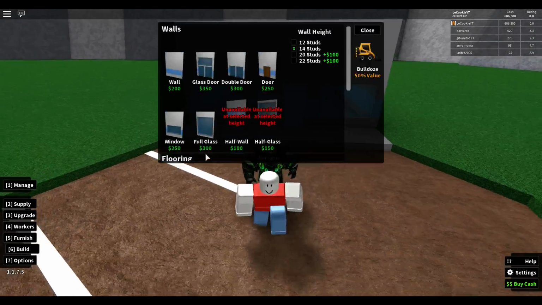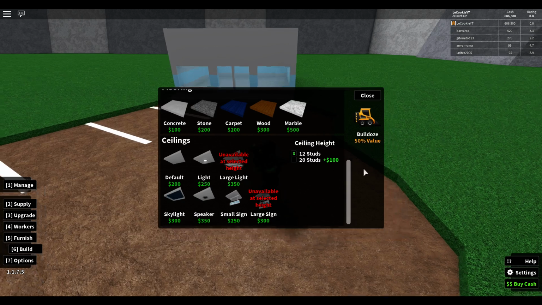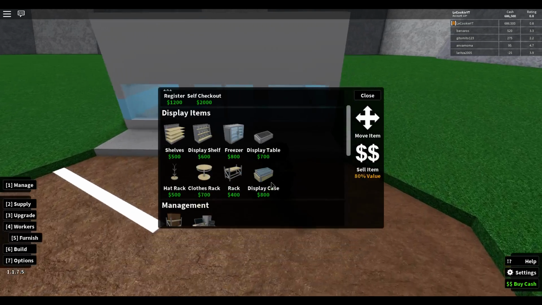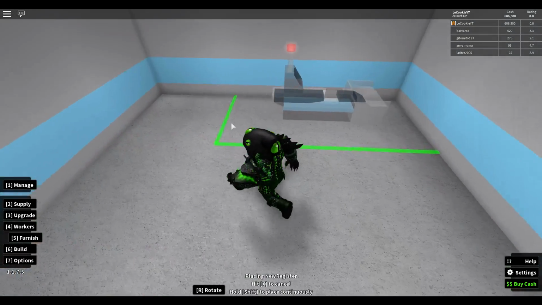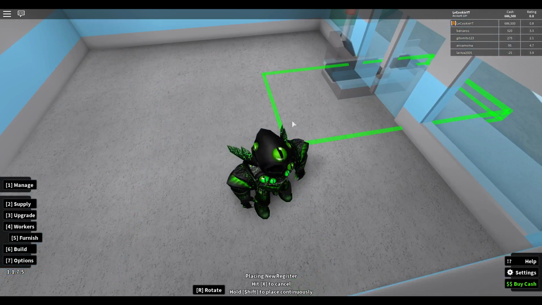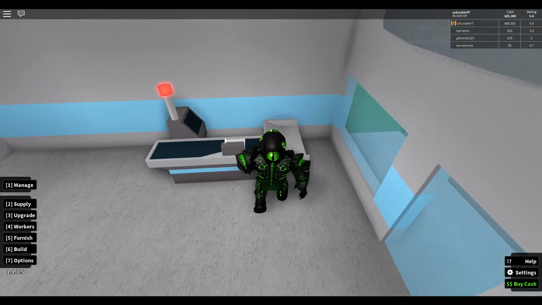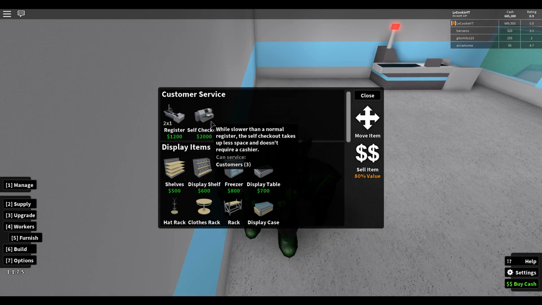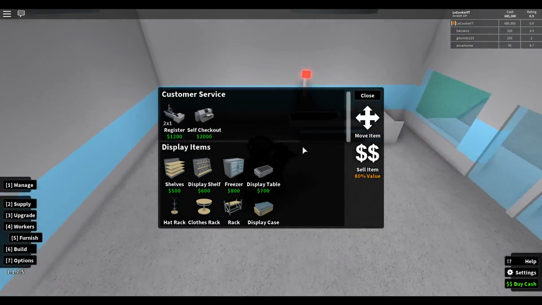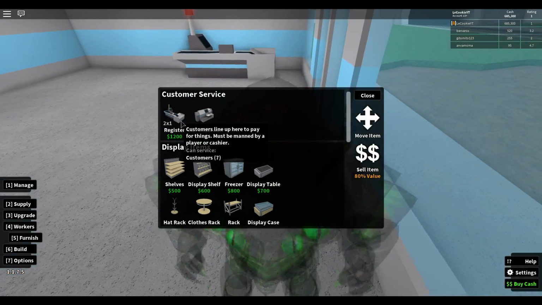When you first start out, you want to make sure you are as efficient as possible. So, when you start out, you should start out with the register and you should work it yourself, because when you start out, you don't have a lot of money. So, it's kind of stupid to be wasting it on workers. So, when you start out, get this. Don't get the self-checkout. That's an extra $800. That's not worth it right now. You can work your own checkout. It's not that hard. So, that was $1,200. So, that means we have